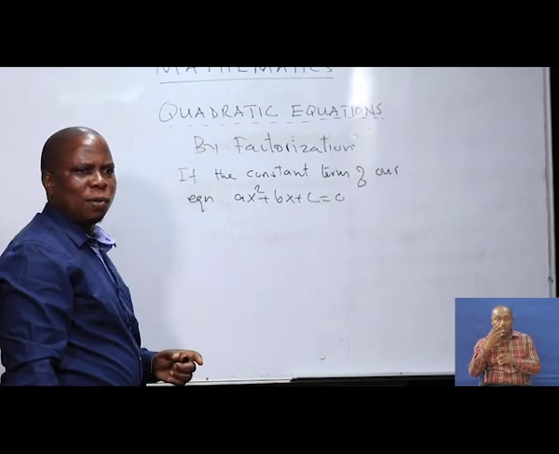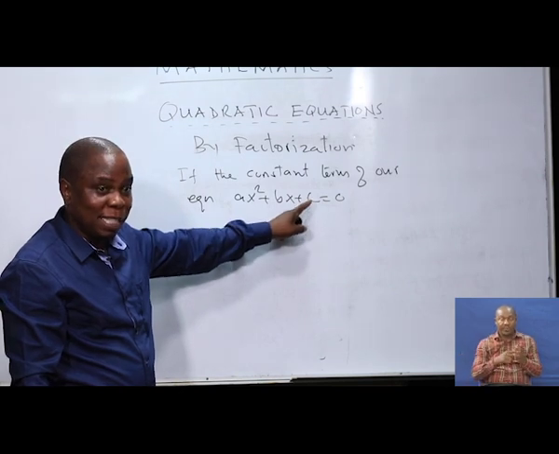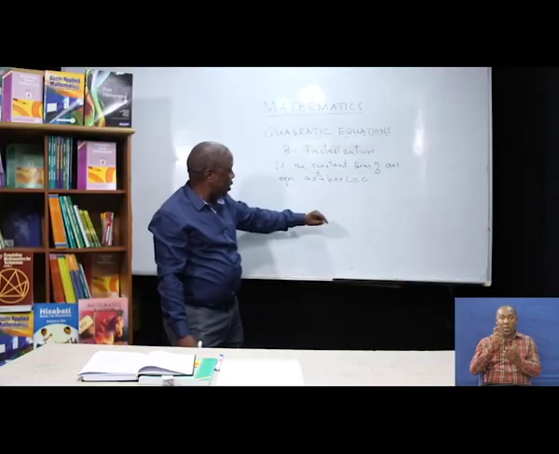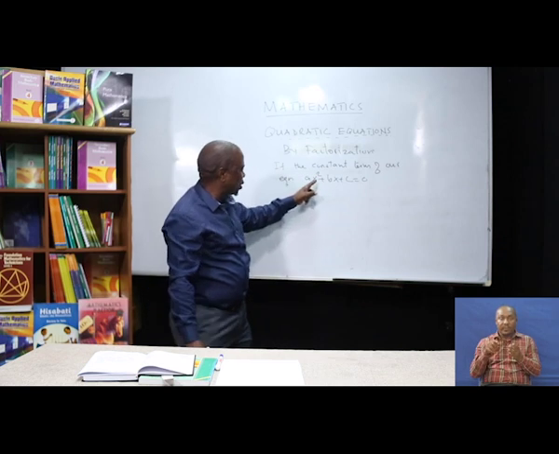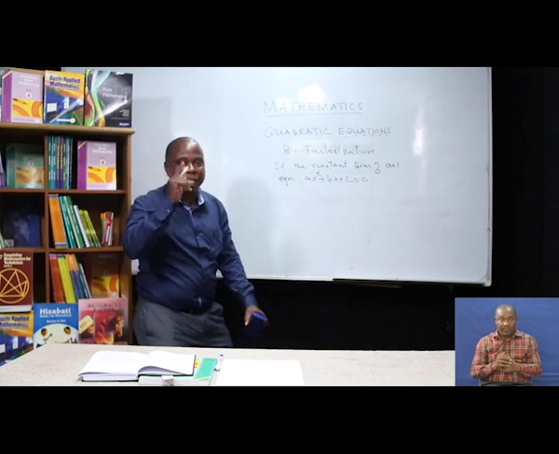When I say the constant term, what does it mean? It means the term which does not have the x. That is what we call the constant term. Now, if the constant term of our equation ax squared plus bx plus c is equal to 0 is 0,